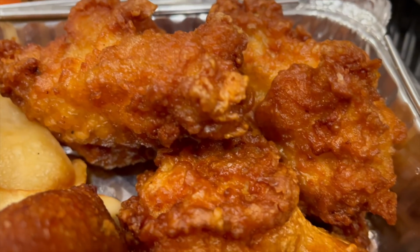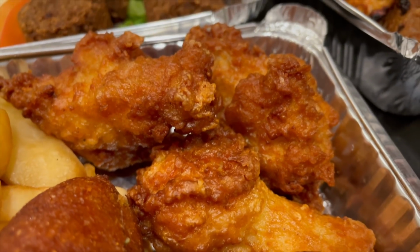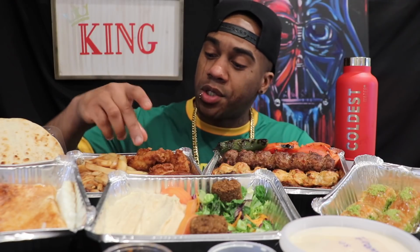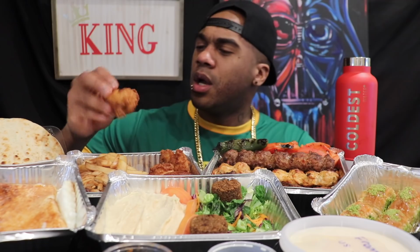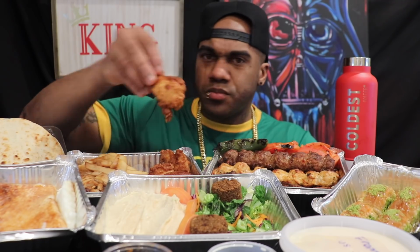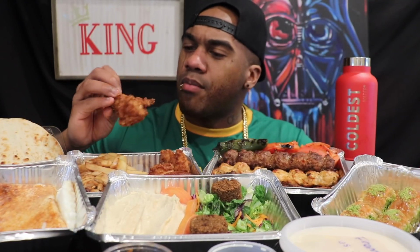Now, this is more of the Americanized stuff. I don't know if they serve wings overseas and traditionally, but here they had wings. And my philosophy is always if a place has wings, I gotta try them at least once. So we did some chicken wings. I want to see how they season them or if there's anything new about them. They are breaded. I'm not the biggest fan of breaded wings, but